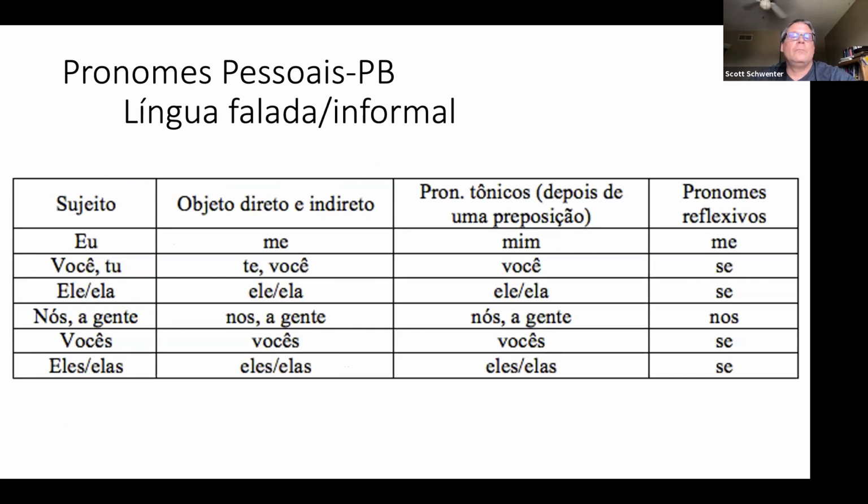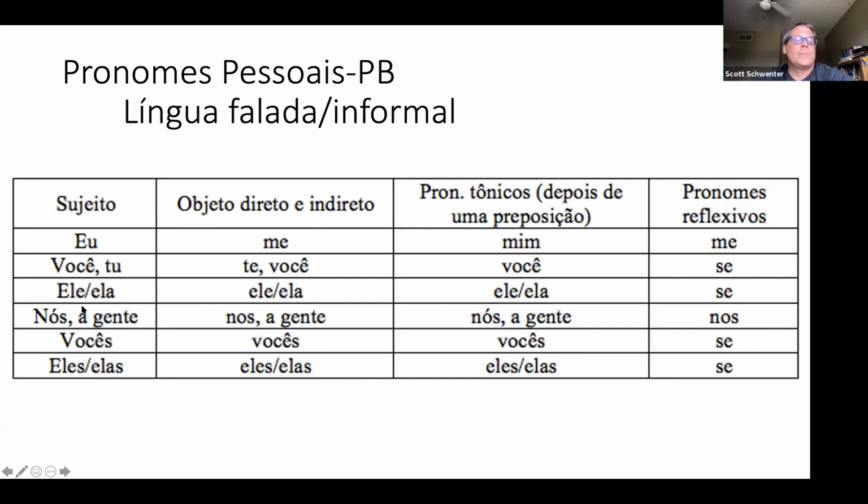So this is the written or formal language, and then we have spoken or informal language in Brazilian Portuguese. There are a lot of other possibilities here. Lots of things come into play, how educated people are, where they're from, et cetera, just like anywhere else. But more or less, this is sort of the spoken language system with subjects. So we'll talk about some of these in a minute.